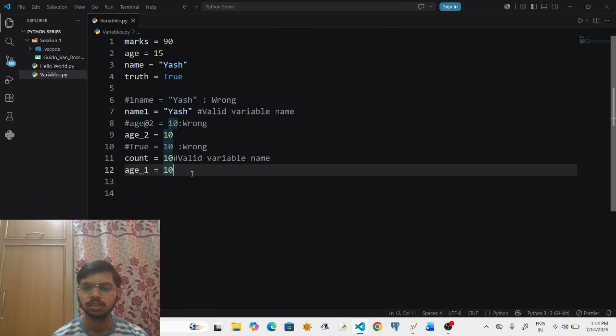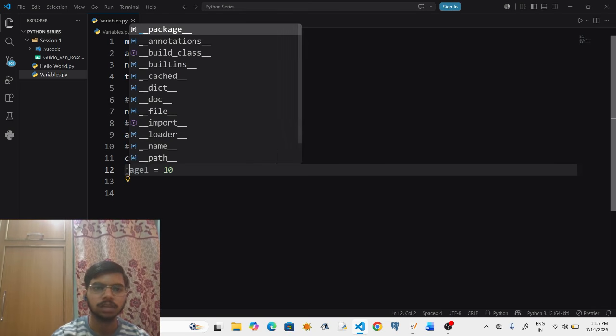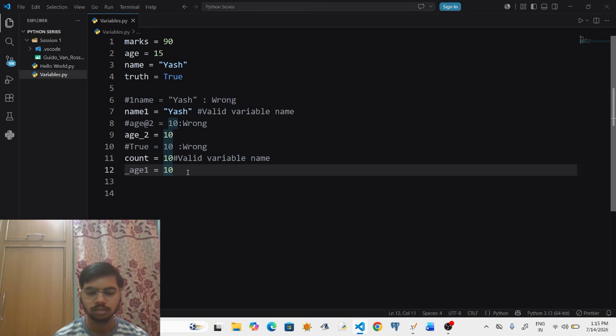This is because, you will see when you study object-oriented programming, an underscore before the variable name has a different characteristic.